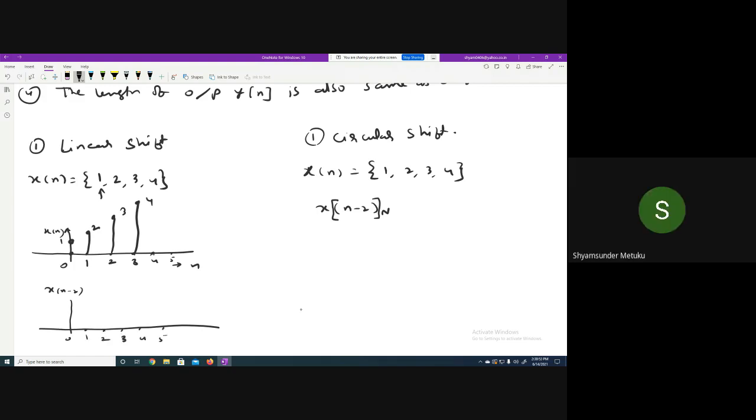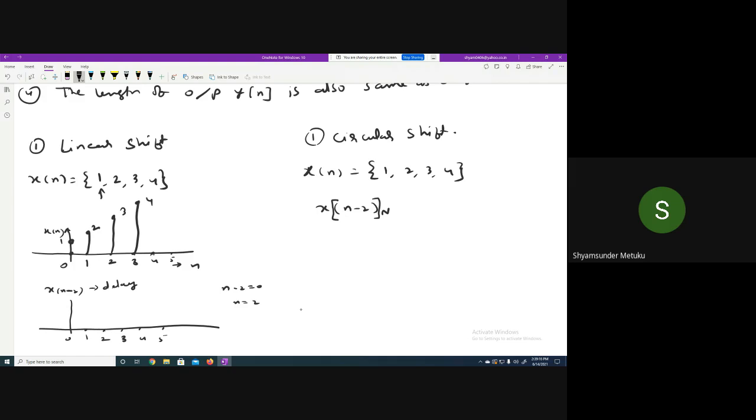Once again, I'm asking a question. X of n minus 2 is a delay or an advance? It's a delay, right? Delay, sir. n is equal to plus 2, so delay. No, n is equal to plus 2 is right. Whenever n is equal to minus 2, it should be advanced, right? You simply perform the argument n minus 2 equal to 0, n equal to positive 2. So n equal to positive 2 means you should make a right shift, which is a delay basically.